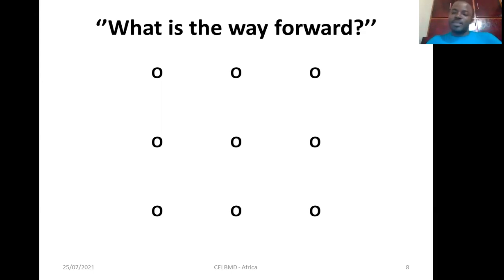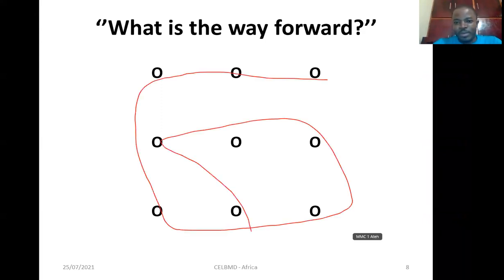This exercise helps. For the next minute or two, if any of the participants herein figures out how you connect these 9 dots with 4 straight lines, without lifting your hand, without lifting the pen you're drawing them with, let's see. You may be able to show that on the screen. You just need to indicate 4 straight lines.